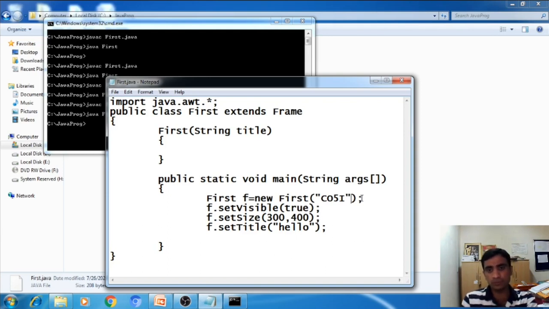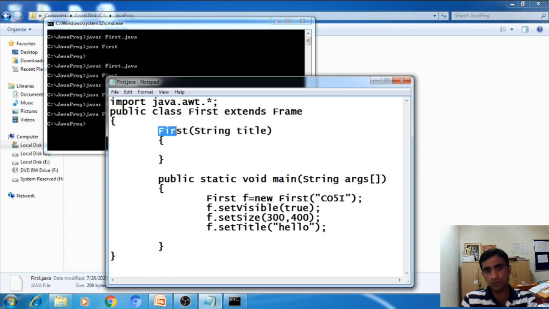Now we are using the second constructor with a parameter that is a string title. So when this statement executes, it will call the parameterized constructor, string title.